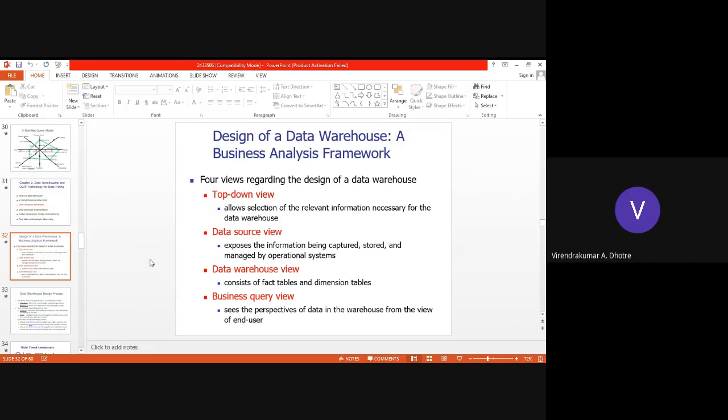So we are going to take four views regarding how the design of this data warehouse is made. Whenever we prepare a design according to the application, according to the requirement, the kind of data warehouse or data marts we build, what are the different views we should take care of?